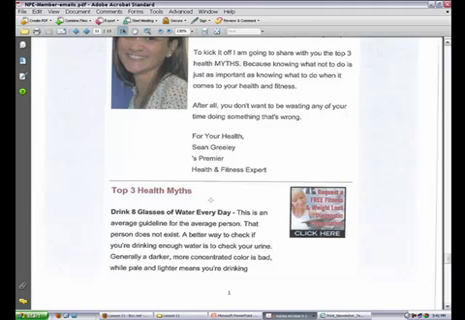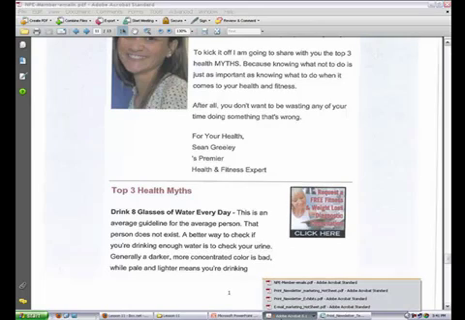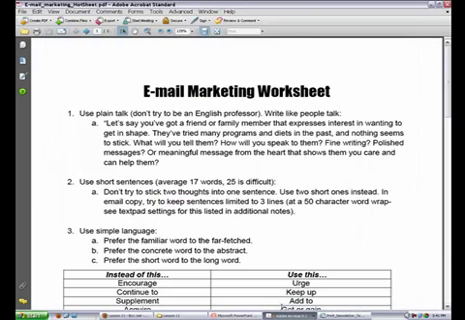So those are some great examples of email marketing and how to do email marketing right. What I also want to cover with you is, just briefly, I'm not going to go through the whole thing, but I've got an email marketing hot sheet for you, which is going to give you some tips on crafting these emails. And so you can read through this stuff.